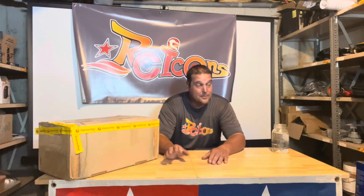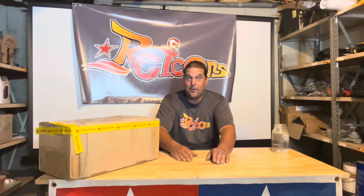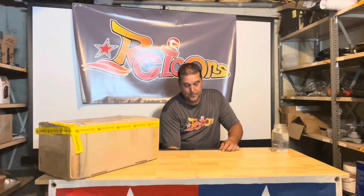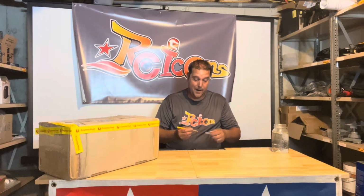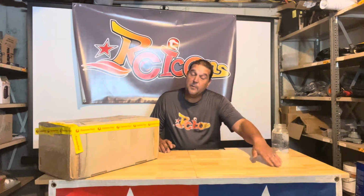I do not have a chassis built for this, but I do have another kit ordered for the chassis. So I have this in a re-re and I have this in an original, but the re-re is spec'd to be used for something else. So I needed to order another one. So I've done that. It's actually coming in from RC Mart and pretty cheap, to be honest. I mean, everything's relative, but